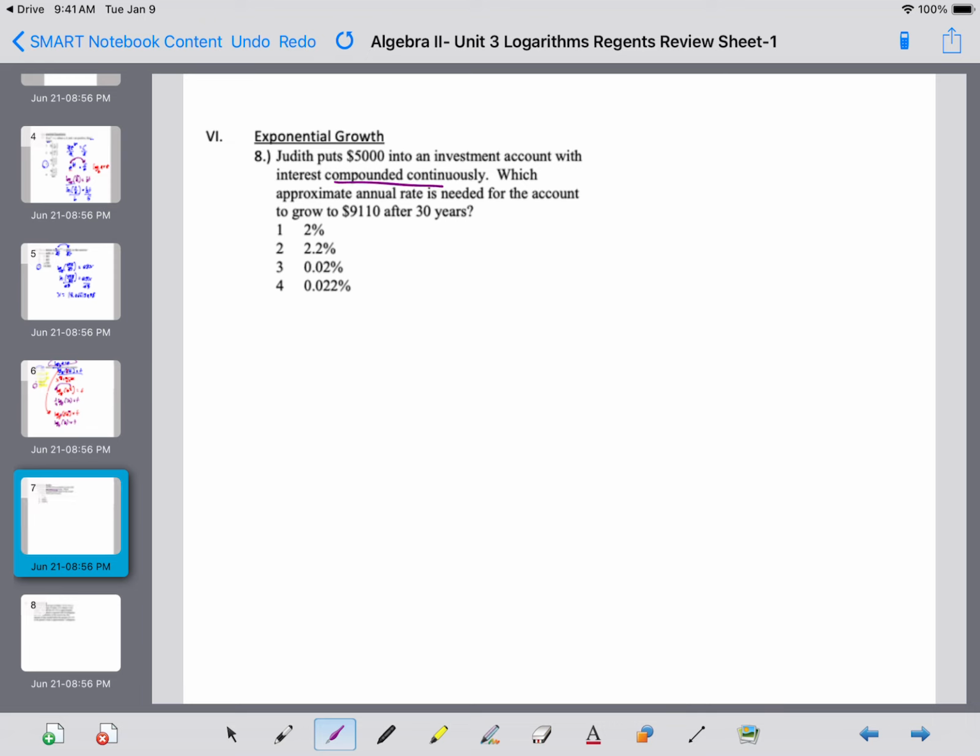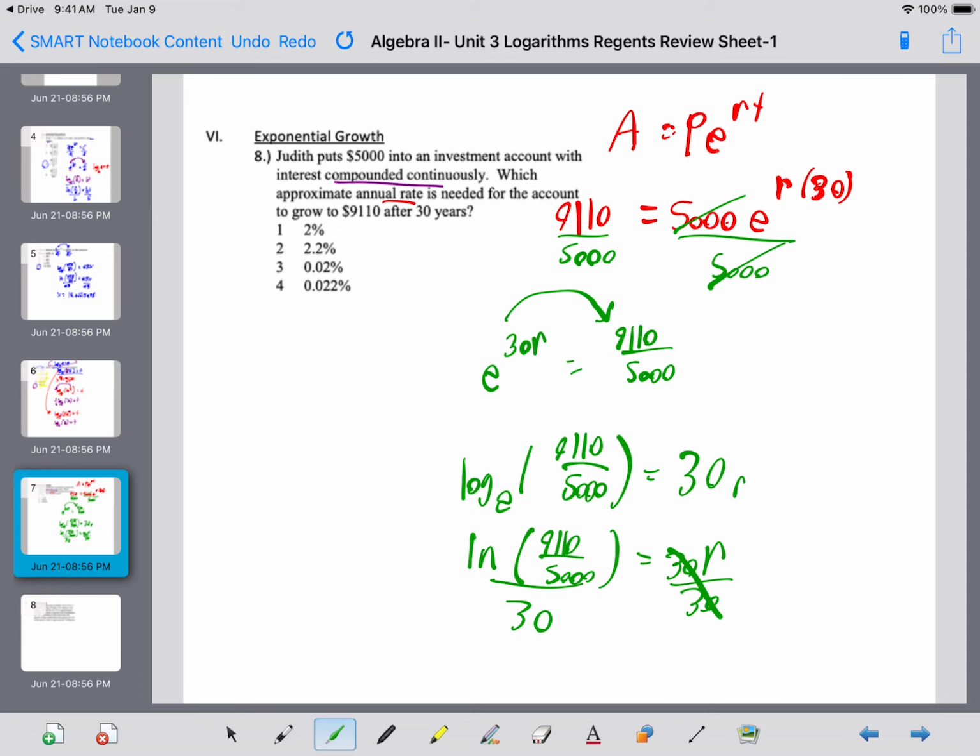Convert to log base form. Your base is e. Your argument is what's on the opposite side of the equal sign. Your exponent is 30r. We know that log base e is just ln. And you're going to divide by 30 to solve for r. So now I just have to click the ln button. ln of 9,110 divided by 5,000, close parenthesis, divide by 30. You end up getting that r equals